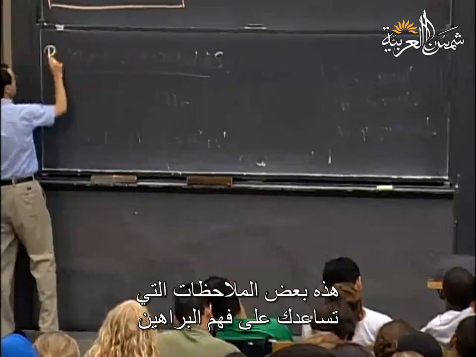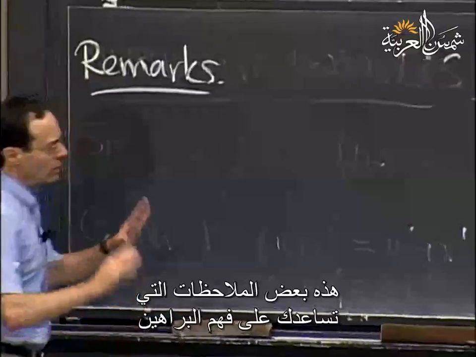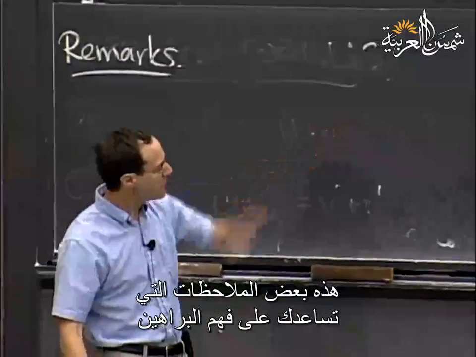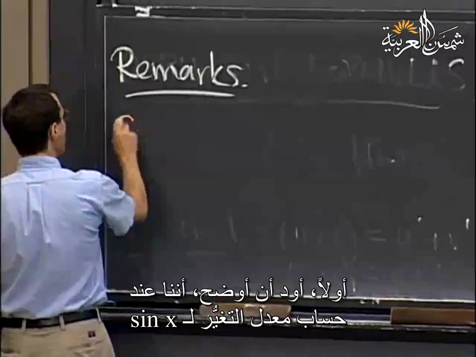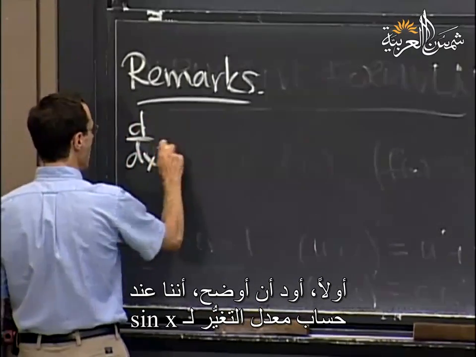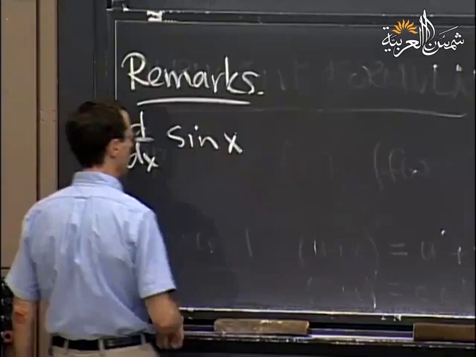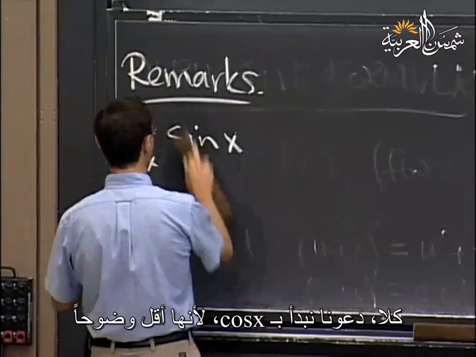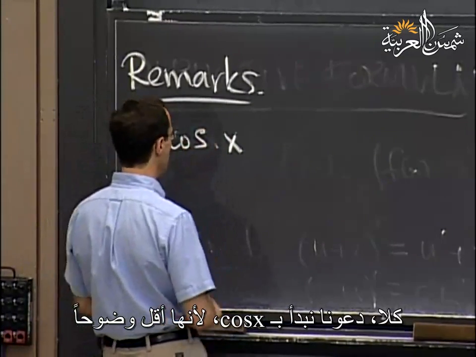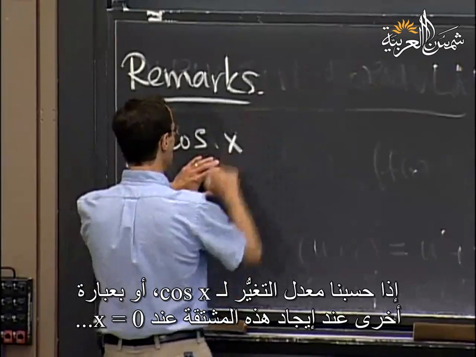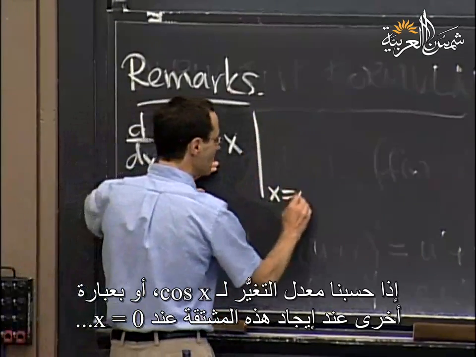So this is just a remark, but it's meant to help you to frame how these proofs worked. First of all, I want to point out that if you take the rate of change of sine x, now let's start with cosine, because it's actually a little bit less obvious. If I take the rate of change of cosine x, so in other words, this derivative, at x equals 0,